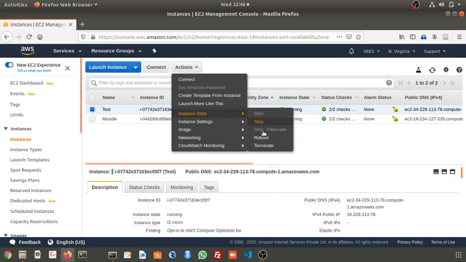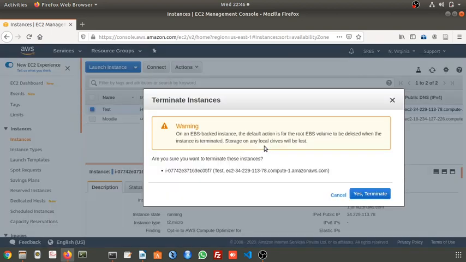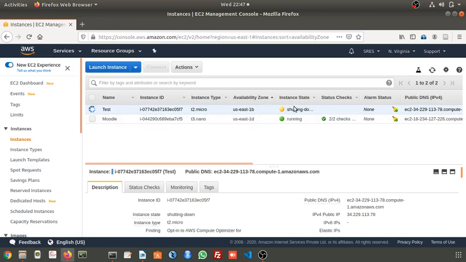You can reboot it at any point of time, and if you terminate, everything will be deleted. I am terminating this test EC2. We will get the instance state here as shutting down, and after some time this entry will be deleted.